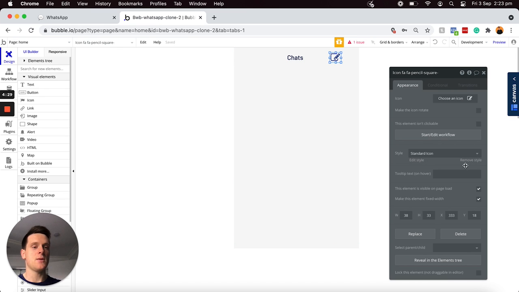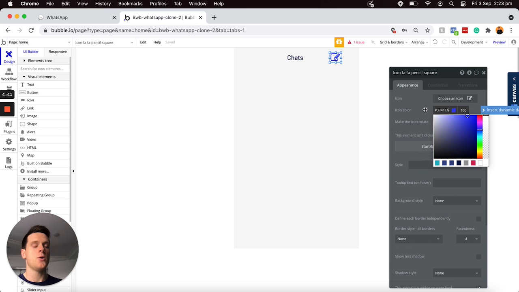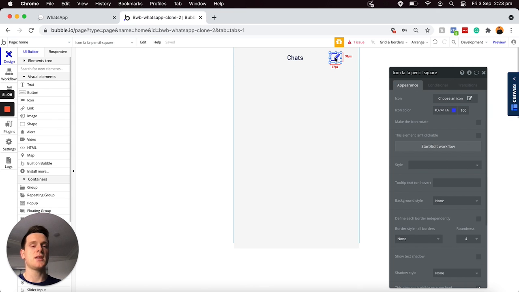And then while I'm here, I'm also just going to remove the standard style for this icon, just so I can update the color with a blue color code, which is similar to the color code that's used within WhatsApp. If you'd like that code, it's 3741FA. And now when this icon is clicked, what I'd like to do is display a pop-up element on our page